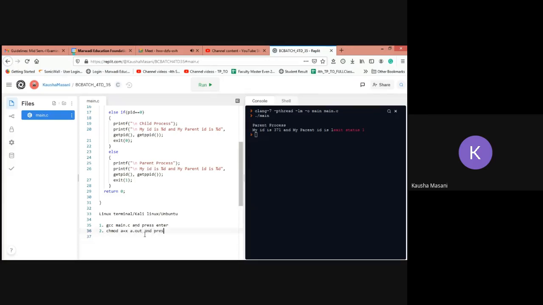And in the third step you write dot forward slash a.out and press enter. These are the three steps of the GCC compiler.